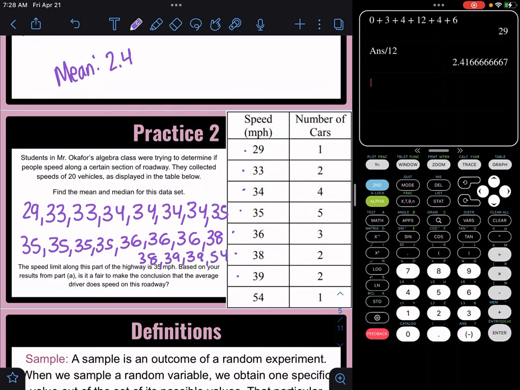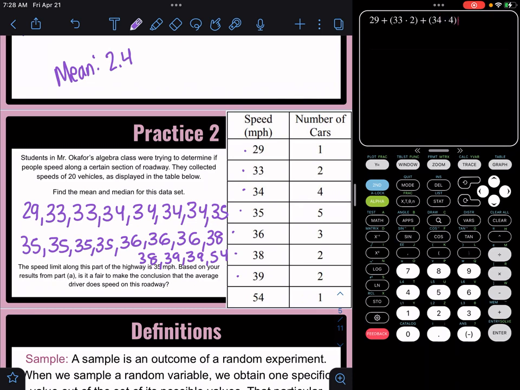Let's count. 1, 2, 3, 4, 5, 6, 7, 8, 9, 10, 11, 12, 13, 14, 15, 16, 17, 18, 19, 20. Alright, now for the mean, we have to add these all up. So there's 29, there's 129, there's 2 30s, 2 33s, 4 34s,